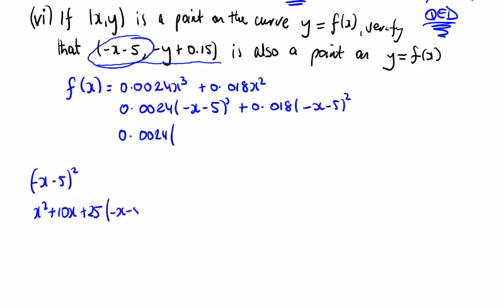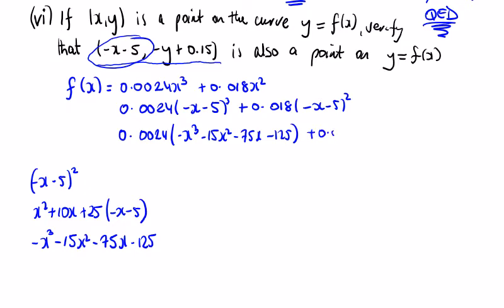And if we multiply that by minus x minus 5, we're going to get minus x cubed, minus 5x squared minus 10x squared, minus 15x squared, minus 50x minus 25x is minus 75x, and minus 125. So I can put that guy in here, minus x cubed minus 15x squared minus 75x minus 125, and